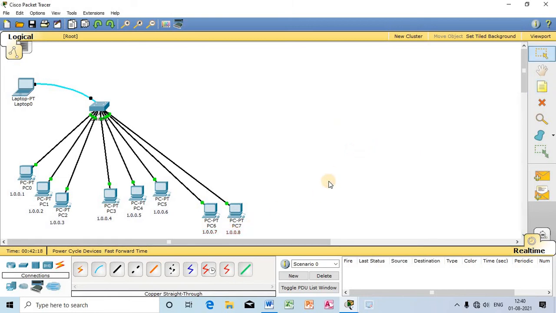You can watch out, all the network addresses are the same, that is 1, and the host addresses are different from one another.